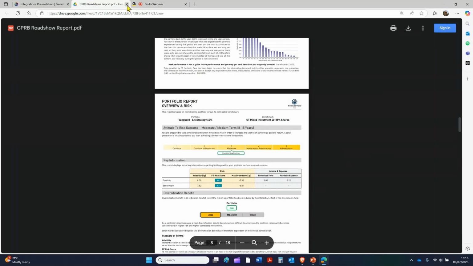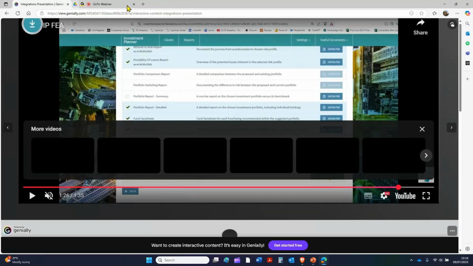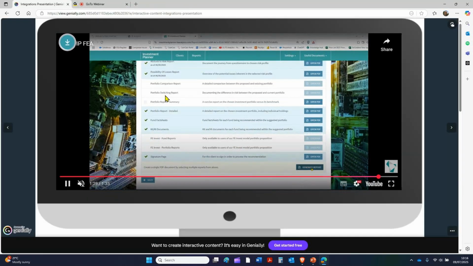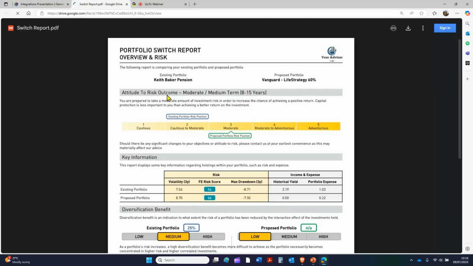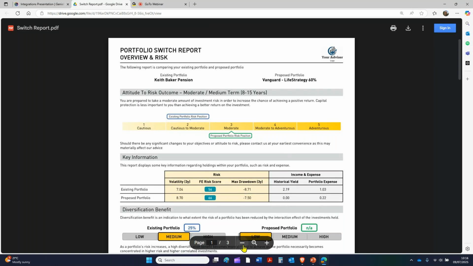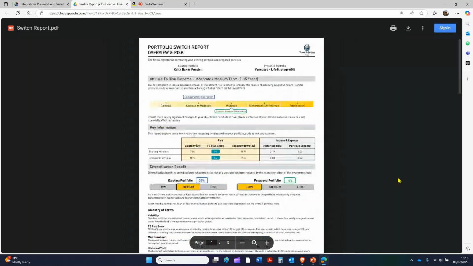Well, if I come back to this presentation on here, that's just a switch report. And had I clicked on that, I would have got something a little like this instead. So again, the output is very much dictated by you. What do you want on the output? If you want to compare it against a seeding scheme, you just need to make switch report ticked instead, and you get this. You get the same kind of report as I had a second ago,